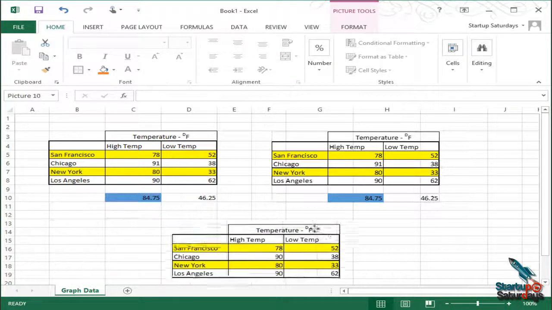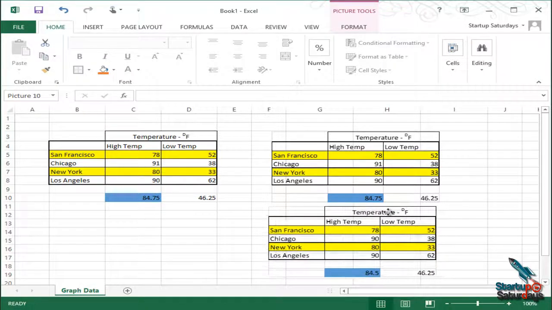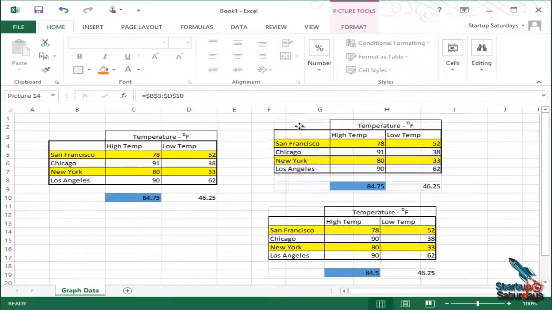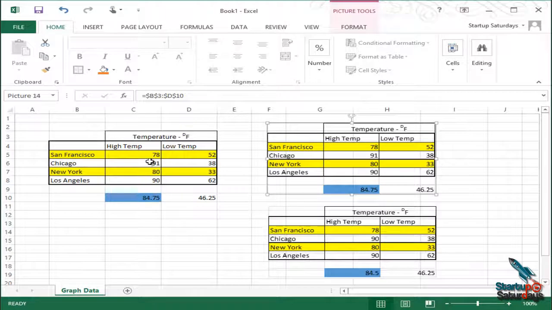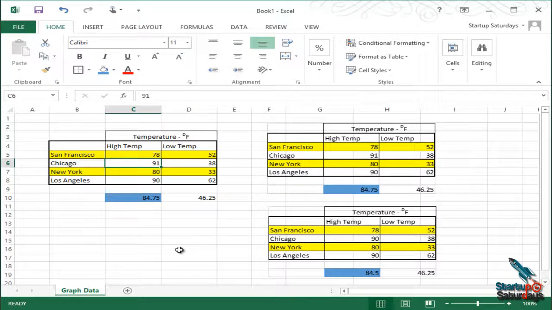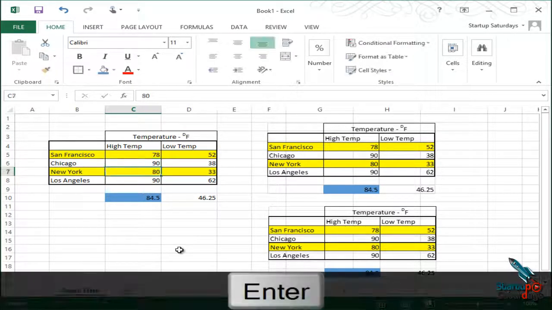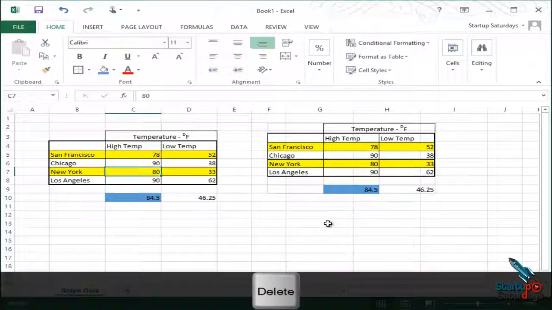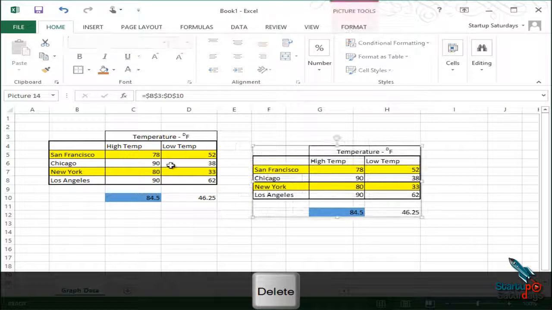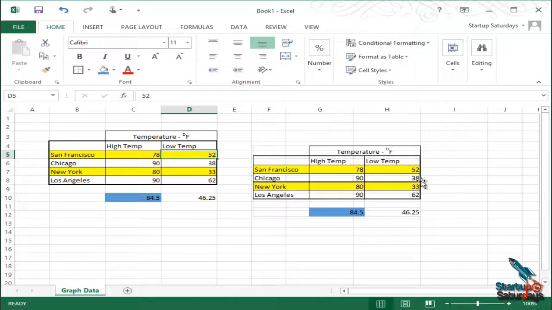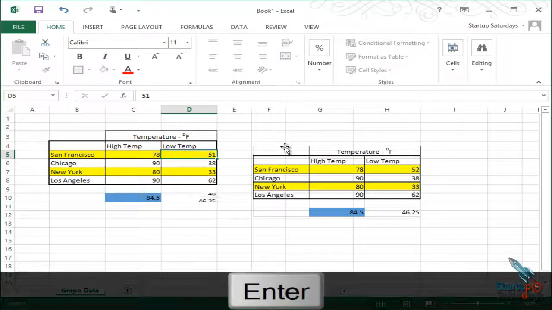There are two pictures that we have copied here. The lower one is just a picture by itself, but this top picture is actually linked. So what's going to happen now is that if I change my 91 value to, let's say, 90, it is also going to change in my linked picture. So I'm going to delete this older picture, and we'll only look at the linked picture. Now this is 52 in the picture as well as on the table, so I'll make it 51, and I'll hit enter, and it changes in the picture as well. So those are